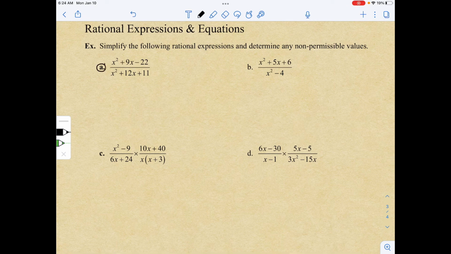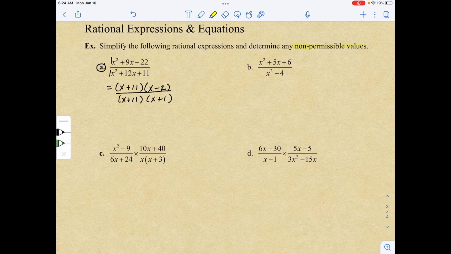And this is all inspection because my coefficients of x squared are all 1. So if I want to find factors of negative 22 that add up to 9, those would of course be x plus 11 and x minus 2. And our denominator, factors of 11 that add up to 12, would be x plus 11 and x plus 1. So I can see right away that I can cancel those two factors, but before I do so, we also